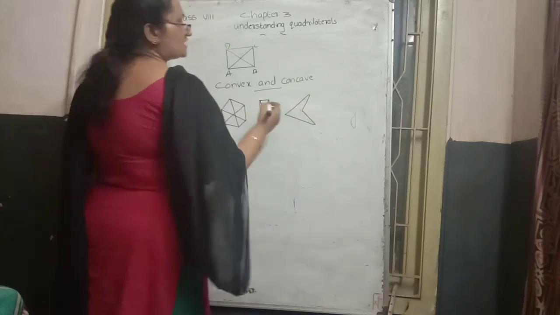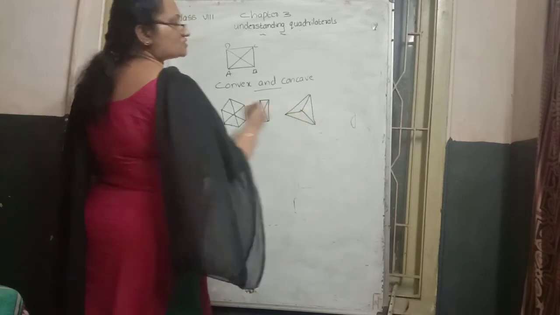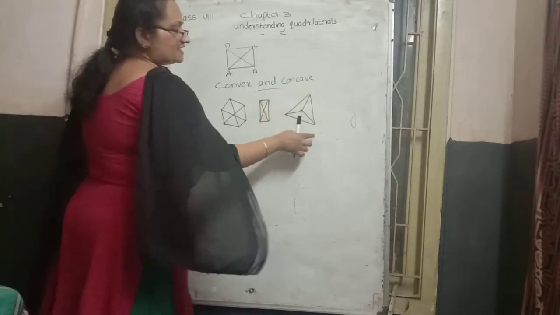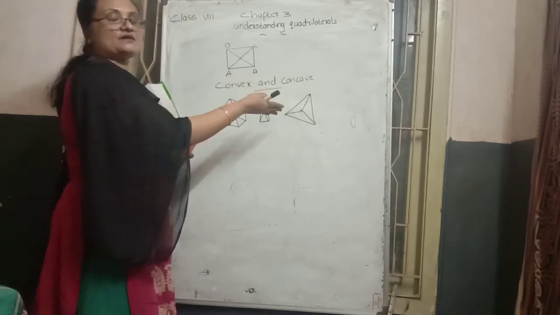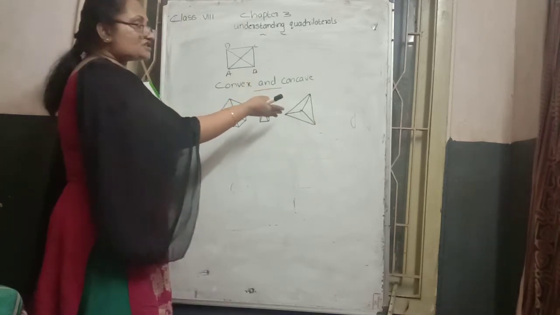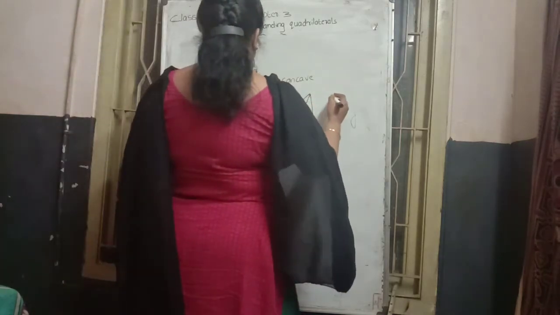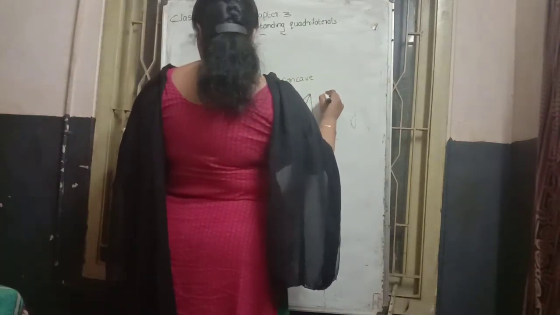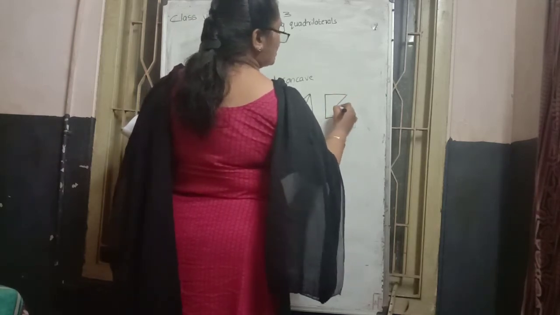Here, we can draw in this way, and we can draw the same way on the outside part also. The outside two vertices are joined, so that time the diagonal is coming outside. Such a type of diagram is known as a concave polygon. Another example, look here, in this way we can draw; this type is also an example for a concave.